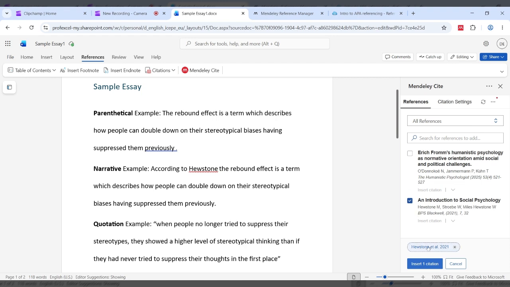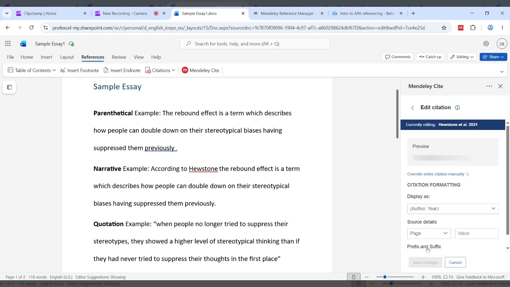And it gives you a little preview down here at the bottom of what your in-text citation will look like. So I'm just going to click into that. And you'll see the preview again here, Houston et al., 2021. I'm happy with that because that has our author's name. The et al. signifies that there are other authors, so they'll be listed in more detail in our reference list, but et al. will do for now. And the year, which we need. And we don't need a page number because it's not a direct quote, it's a paraphrase.